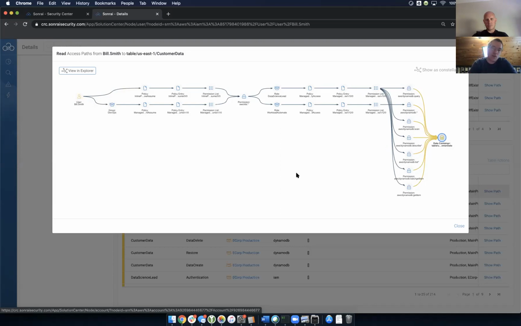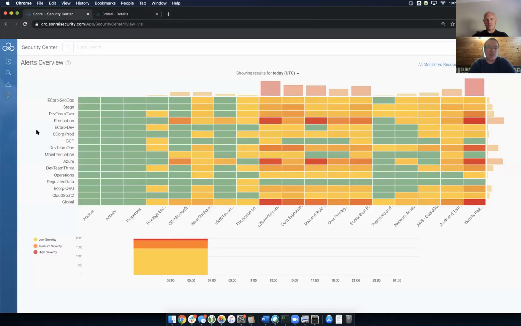And again, this is a great visual way to represent it. From a customer's perspective, these are just things that show up back on the graph that we showed earlier, which says there's an overprivileged user in this given swim lane that is allowing access to data that it shouldn't, as an example. So those are the types of things that, from an identity perspective, are very powerful in the solution and allow us to answer those complex questions that people ask.